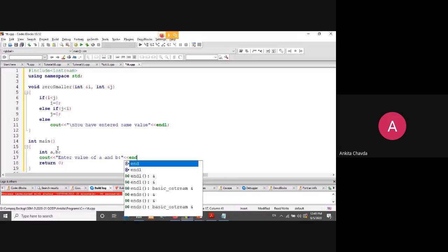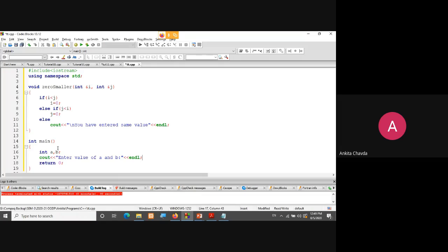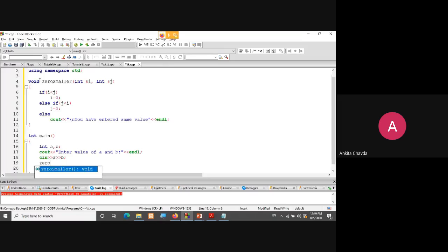Then I'll simply call this function directly, because my function is not returning anything. I'll call zero smaller and pass a and b, just like a normal function call.